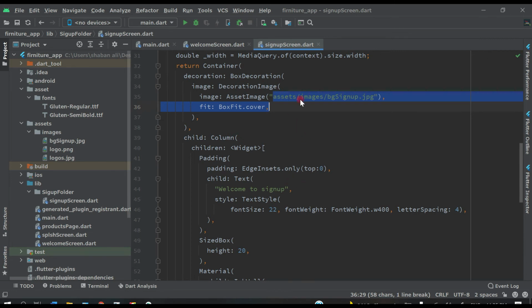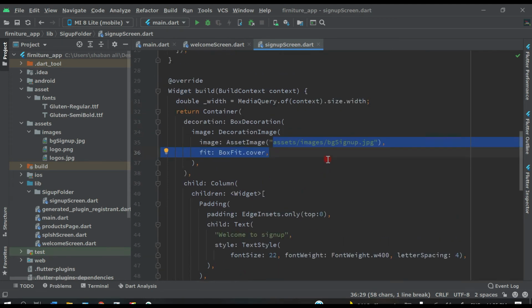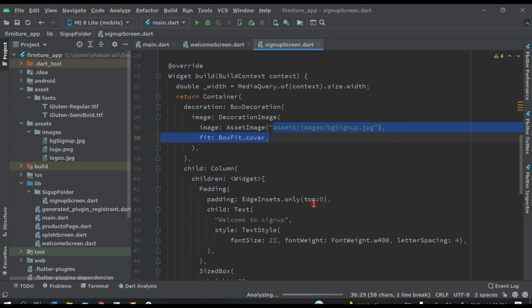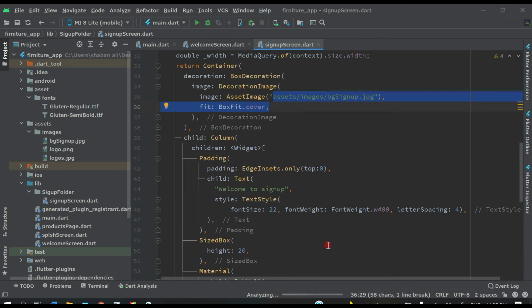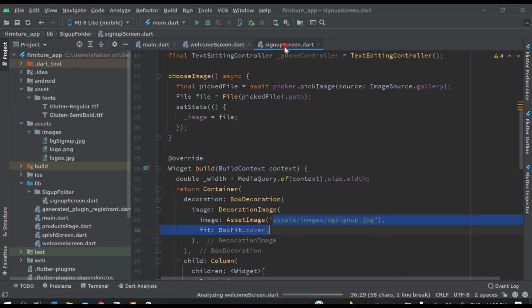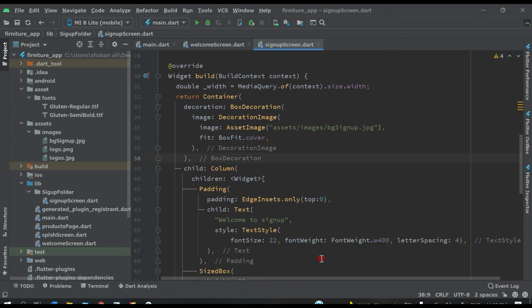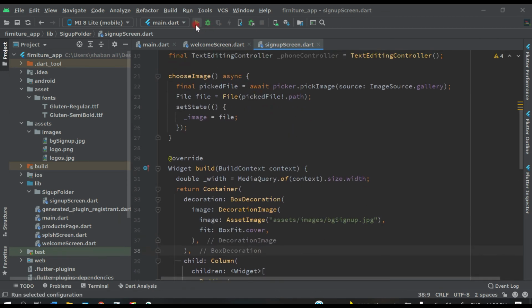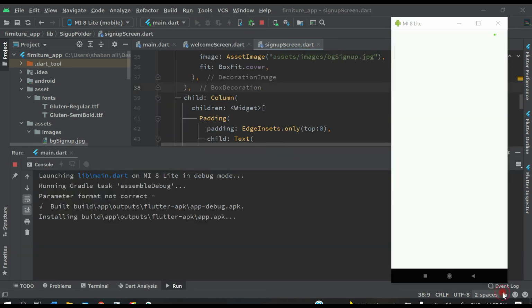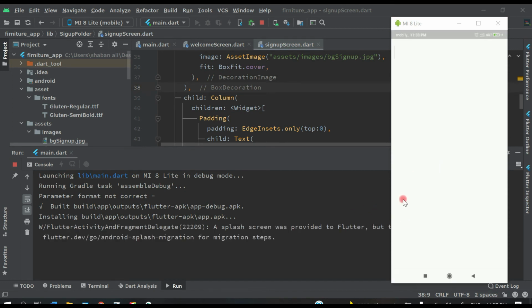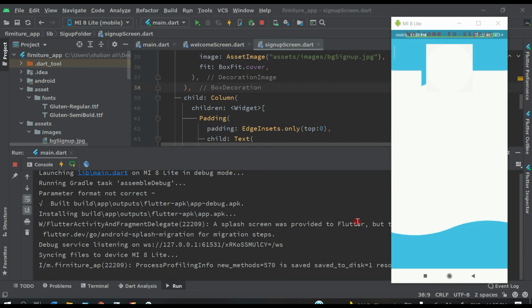It will access assets, images, etc. Just save all, close your project and open again, and it will take a little time. You can see here it's processing. Now rerun your application like this. And now you can see our background image is displaying here.